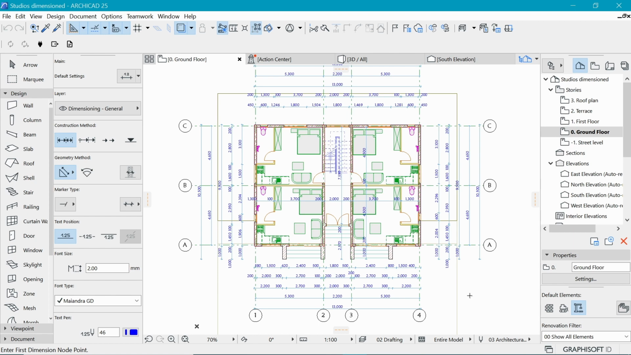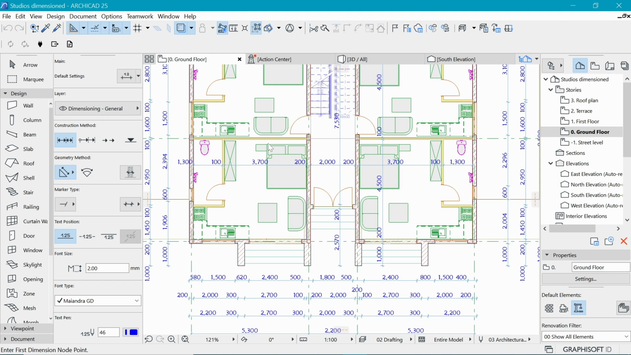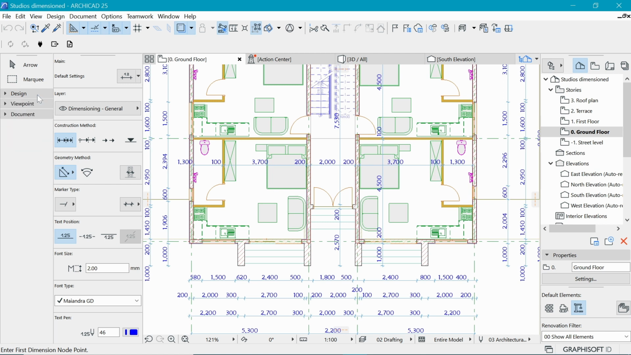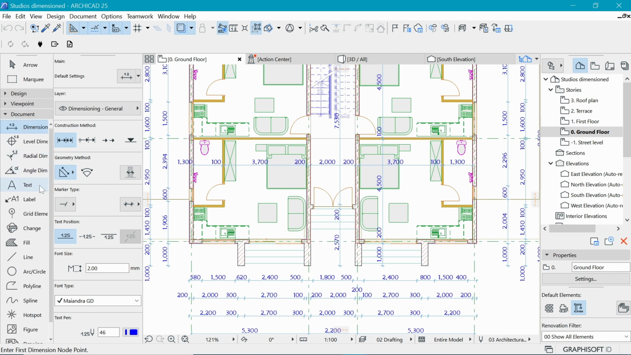Welcome back. So today we want to name the spaces because currently we do not know what this space is and what that space is. And traditionally you would just pick the tool, which is the text tool, to come in and name these spaces,